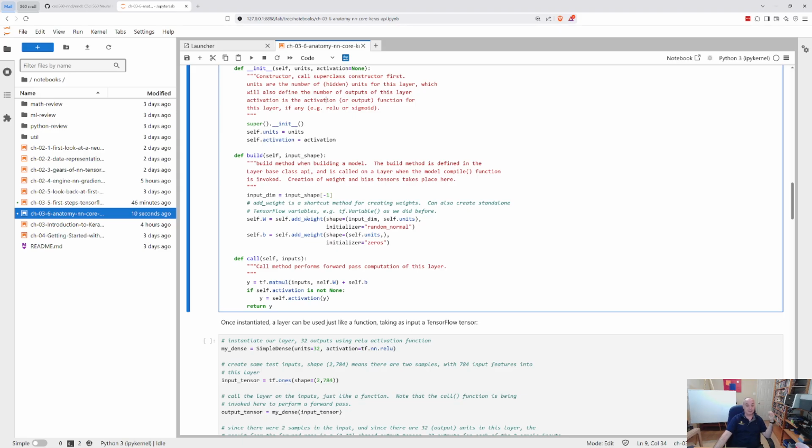But here we're showing there are convenience methods. Again, this is coming from the base layer class. I believe if we looked at the code for this, it's basically creating a TensorFlow variable of the shape you ask. If you ask for an initializer of random normal, it would give you probably some small random initial values for your weights of whatever shape you ask for,